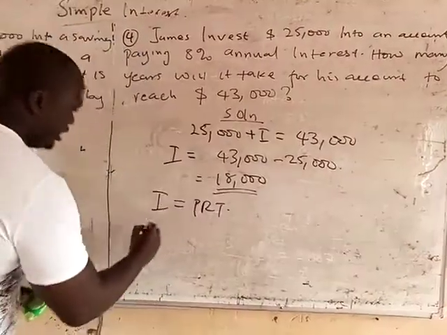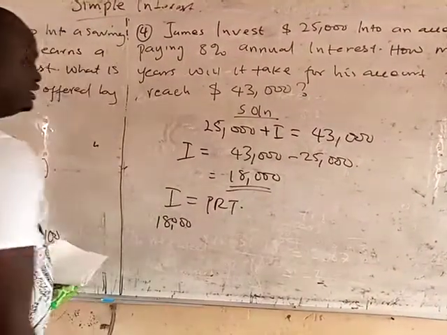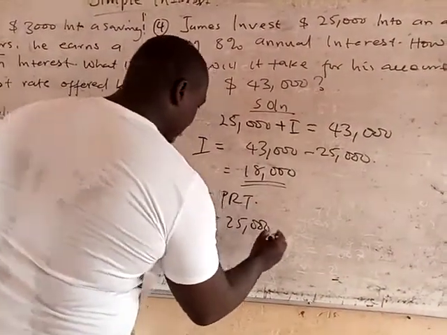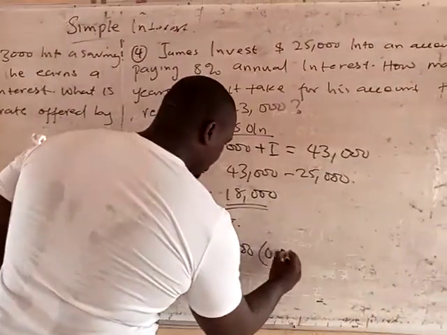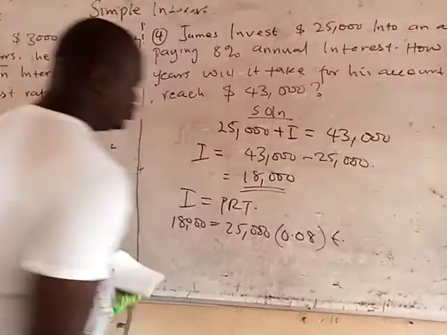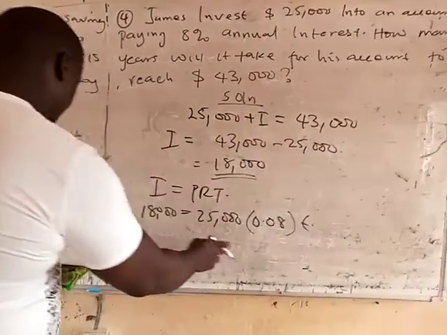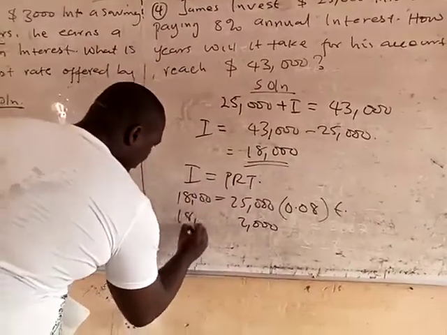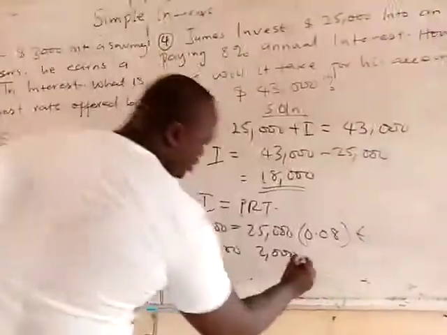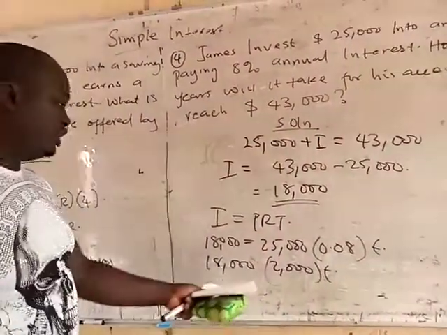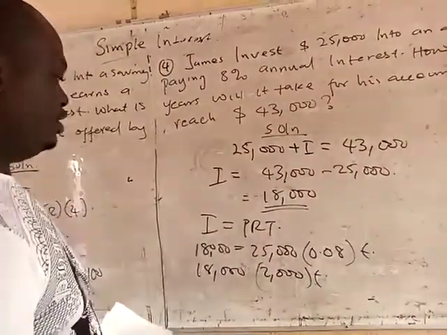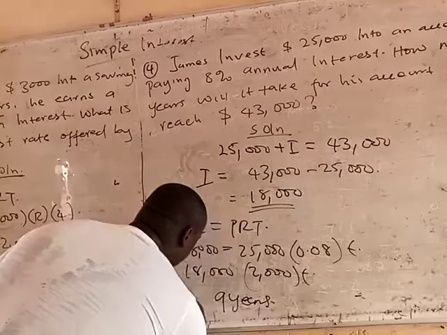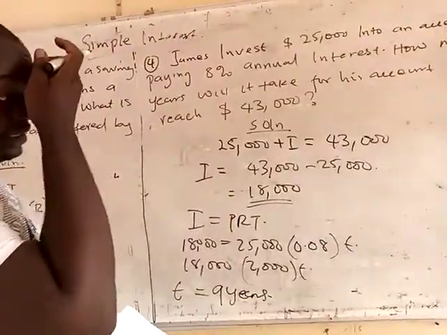And our interest is PRT. And right now we have 18,000. Your principal is 25,000. And you have your rate of 0.08. And it's time you want to find. So all you have to do is this times this will give you 2,000. And then you have 18,000 here. And you have your T. So all we have to do is just divide 18,000 by 2,000. And that should give you 9 years. So our time is 9 years. So